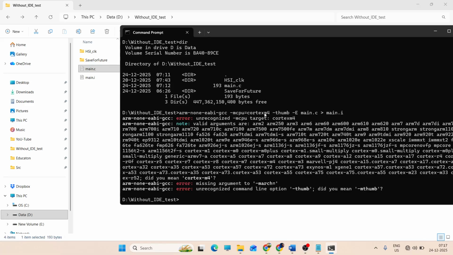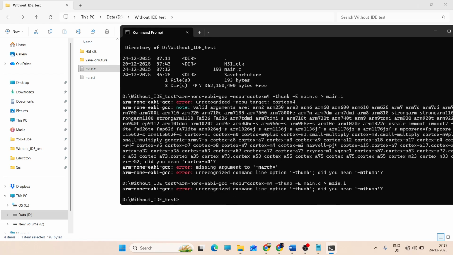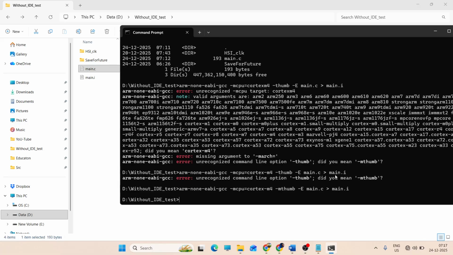Cortex-M4, sorry, cortex hyphen M4. Then it will be -mthumb. So arm-none-eabi-gcc -mcpu equals cortex-M4 -mthumb -E, then it will be the input file,